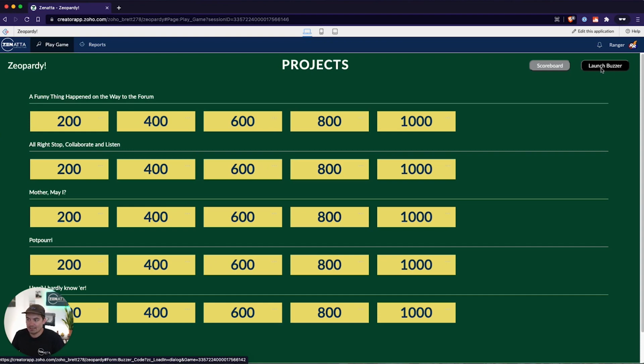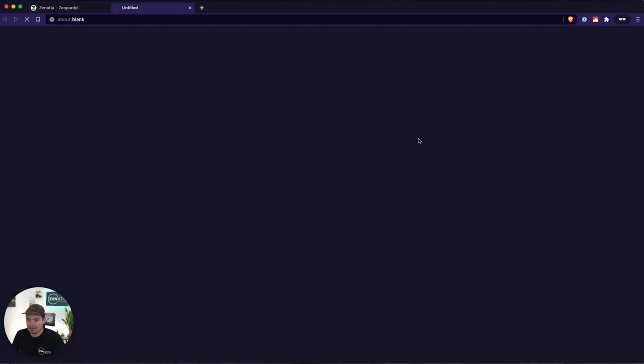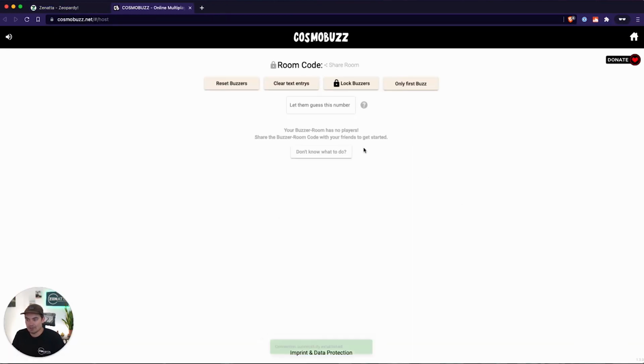The buzzer is the way for the player to say, hey, I know the answer, and every person who's logged in will have a separate access to the buzzer and will be able to select that buzzer whenever they know the answer. And so I can see when I launch the buzzer, if I click this, I'm the host, remember,